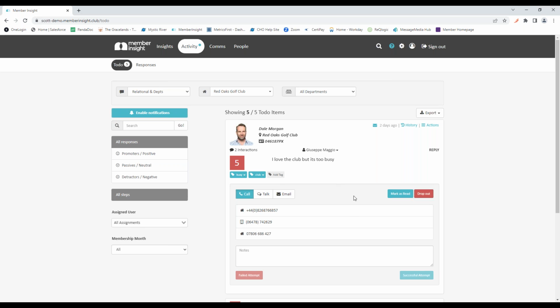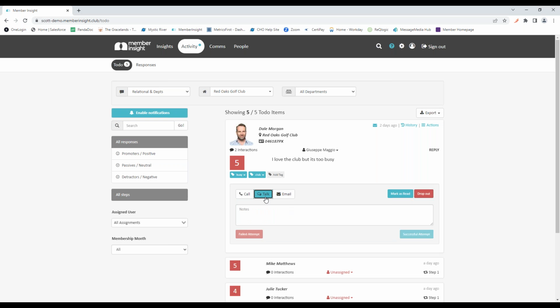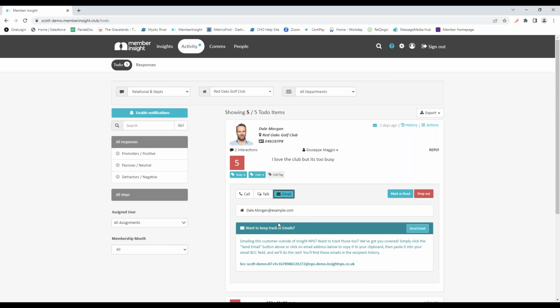So this is where the integration comes in. You'll be able to see this member's demographics are automatically pulled into here from their member file within Jonas. You'll see their different contact information, as far as a phone number, will be in here. And you can leave any notes that you've had with that member during the phone call. If you speak with them face-to-face, you can leave notes in there as well. And it's also going to integrate with their email as well, so you can send emails directly back and forth within MemberInsight. A couple different things to touch on here.